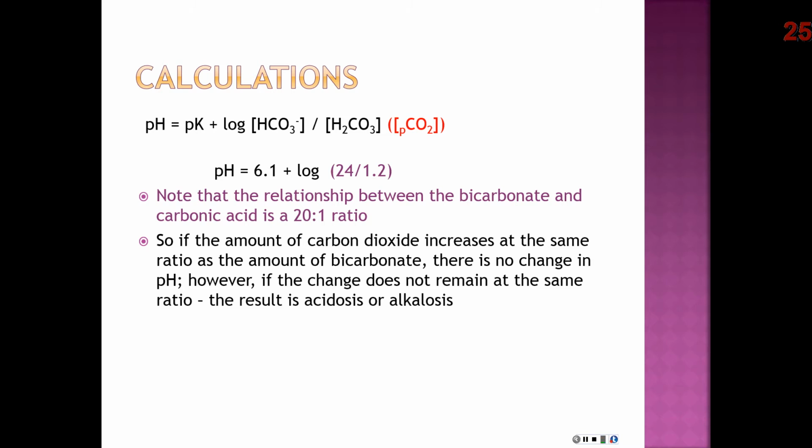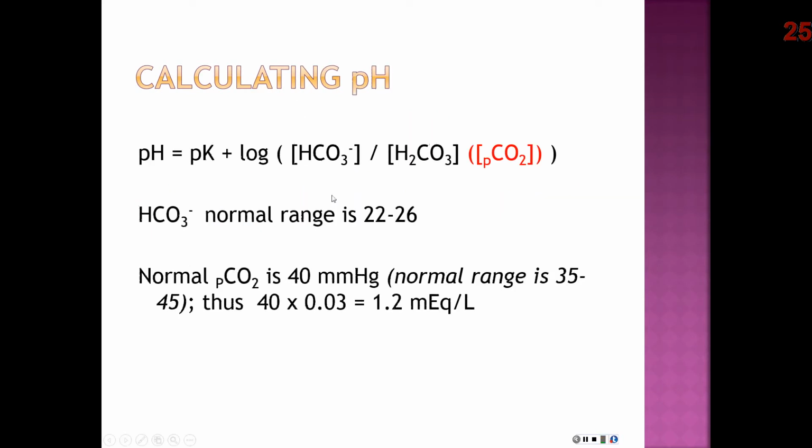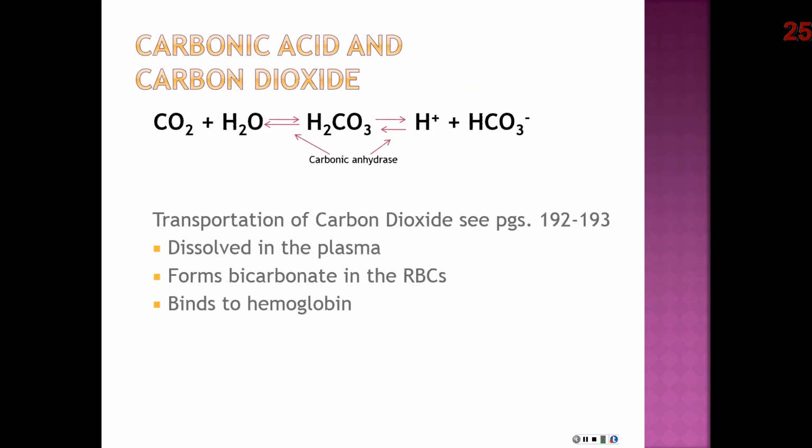So let me try and think your way through that a little bit so that makes some sense to you. Bicarbonate and carbon dioxide, carbonic acid, are in a balance between each other. So as long as they remain in that same balance or ratio, you will not have a disorder of acid-base going on. You may see that you have increased the amount of carbon dioxide, and if you increase carbon dioxide, then this equation back here that we were originally looking at, not the pH, this one,